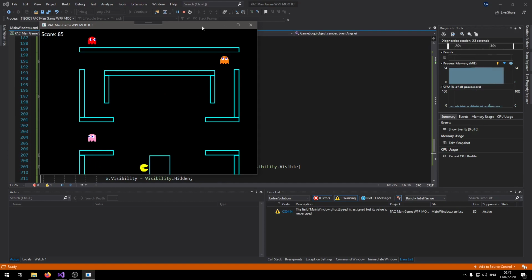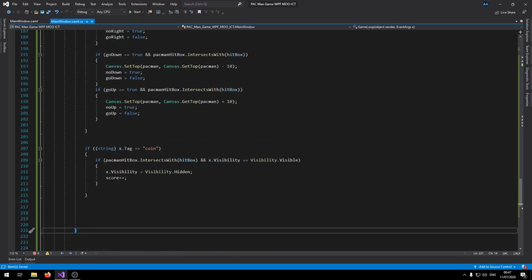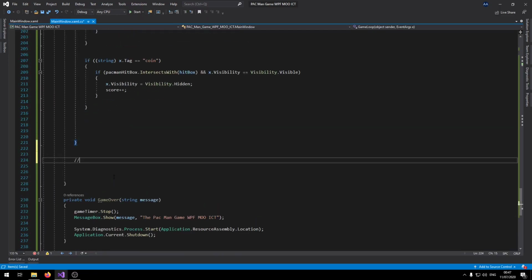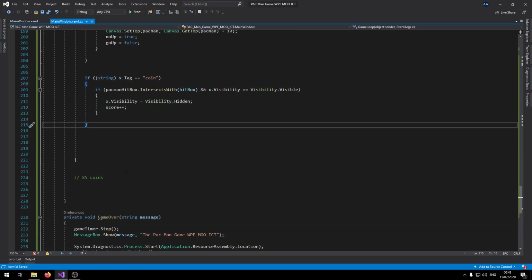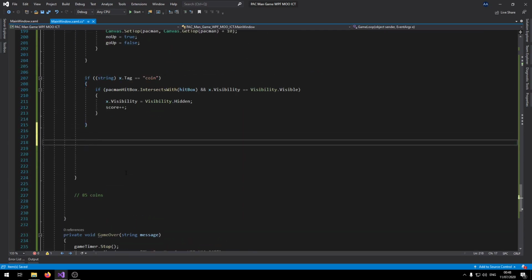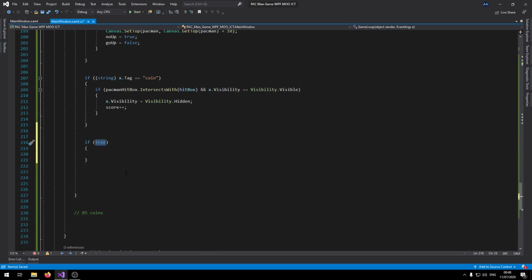Okay, so we've got 85 coins altogether. So I'm gonna keep a note of it here. Okay, 85 coins. Then we are still inside the for each loop here. So under the coins one, let's go do the one for the ghost. So say if string x dot tag equals ghost. So if we find any rectangle with the ghost tag on it,